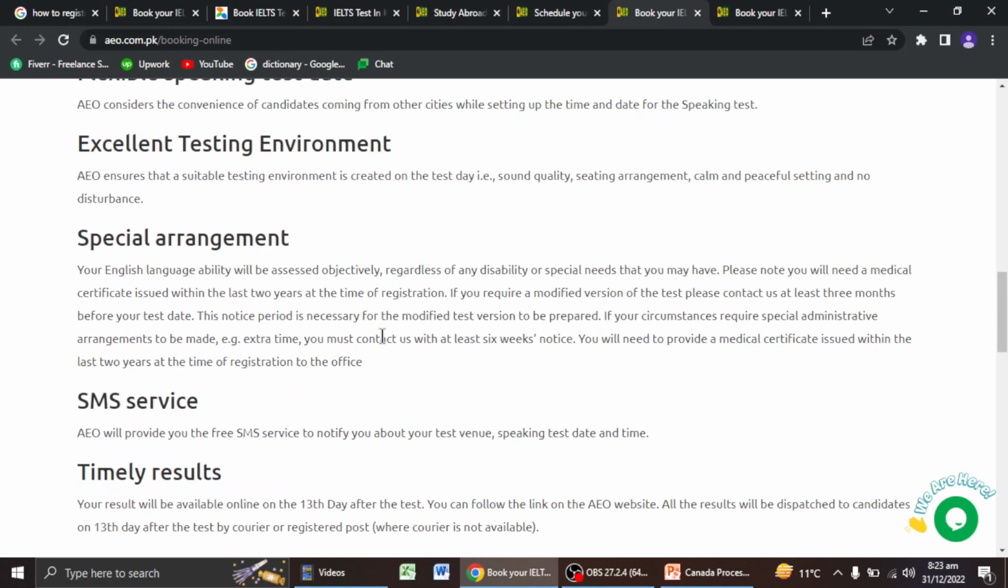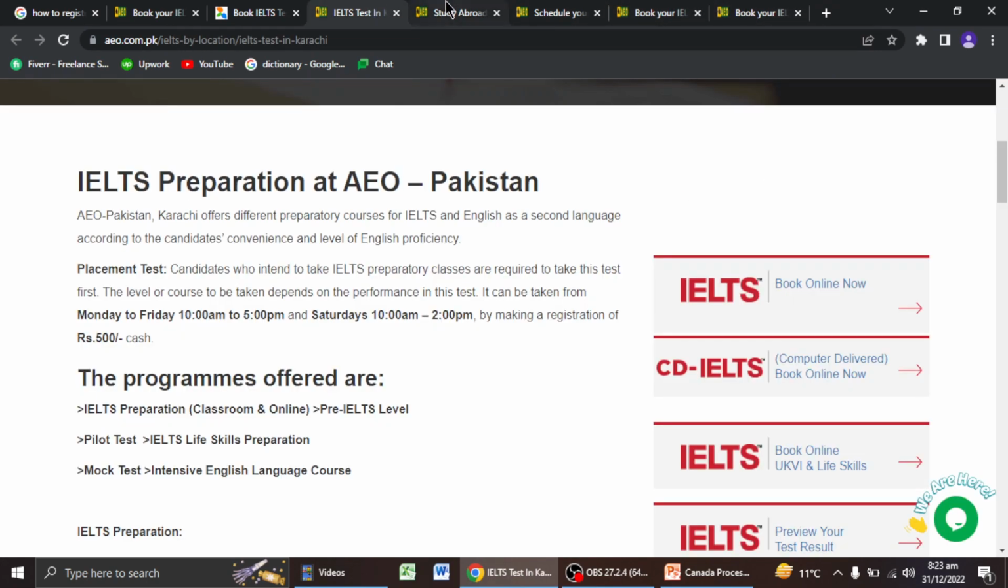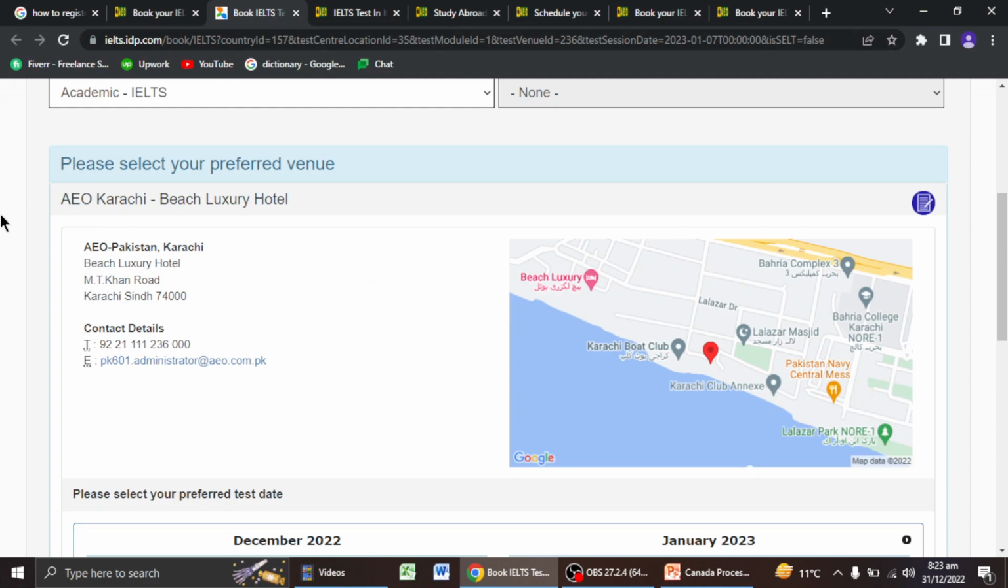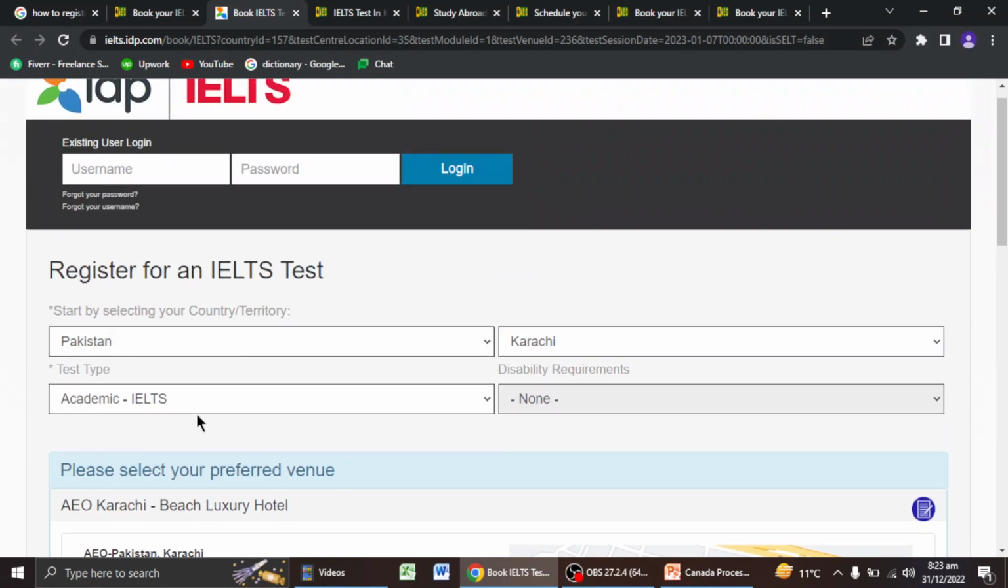Okay, this is the same page, I think. Yeah, we've already covered it. So that's pretty much it about registering for the IELTS exam. This is basically when we loaded the initial page, and it's showing me the academic